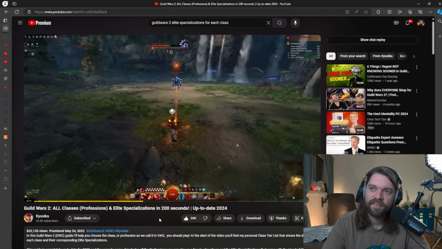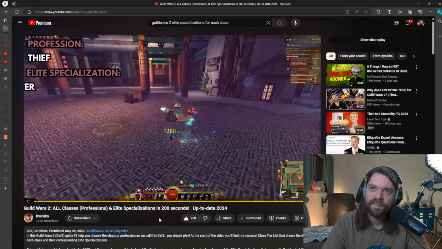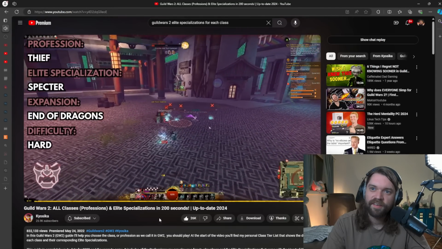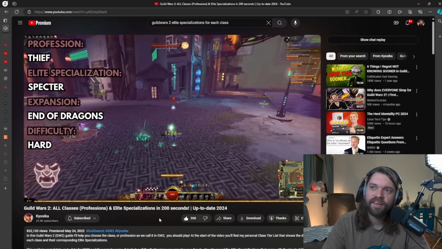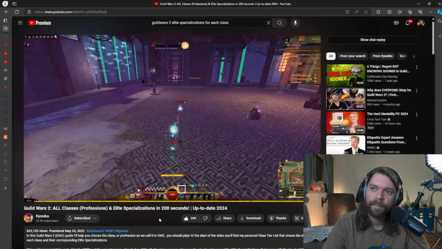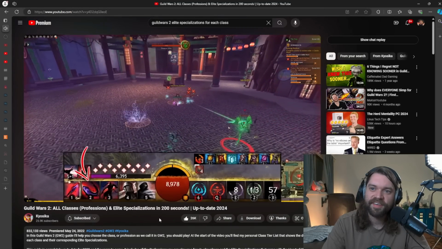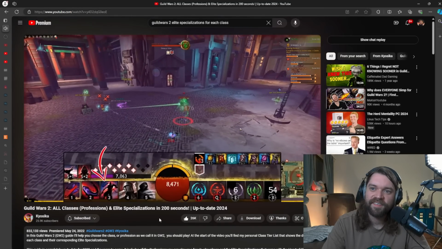The End of Dragons expansion changes the role of the Thief a little bit. If you own the End of Dragons expansion, a Thief is able to unlock the Spectre elite specialization. This elite specialization can deal a good amount of damage to foes, but can also support allies. That's something a Thief could not do before. A Spectre is able to use a Scepter in combat. The Spectre's Scepter skills have two...